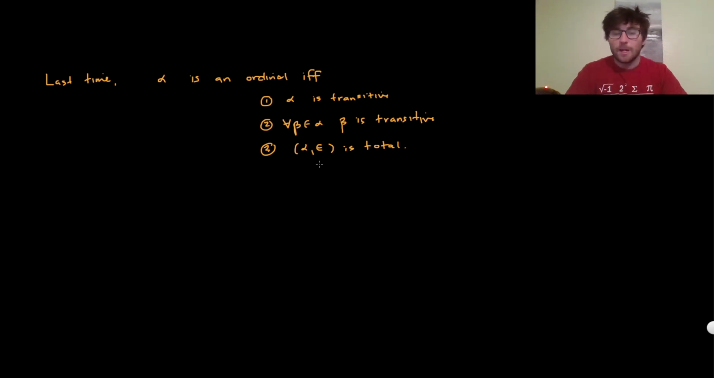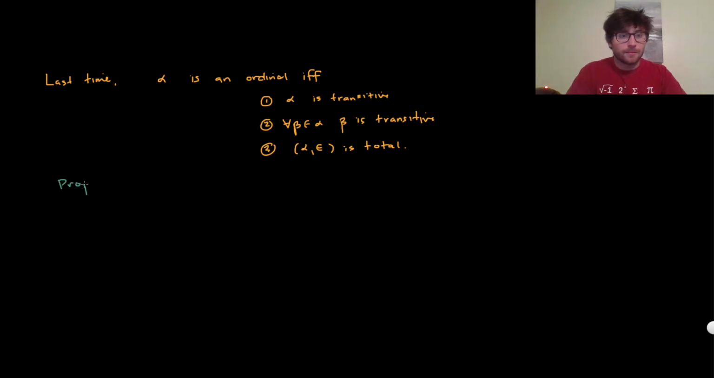So what does this mean? If we have two elements, they're either equal or one's an element of the other, or vice versa. And I mentioned that actually only 1 and 2 are necessary. I didn't know if I wanted to give this, but I think it's a nice argument, so maybe we can walk through it. So what we're going to prove in this video is that